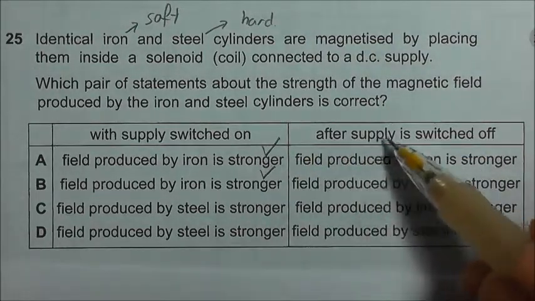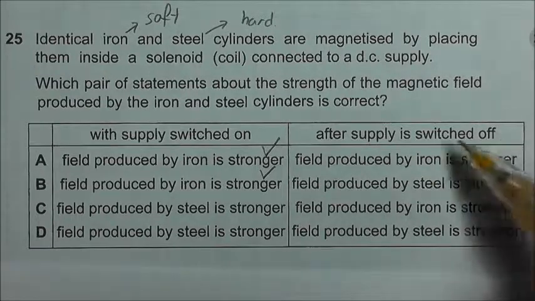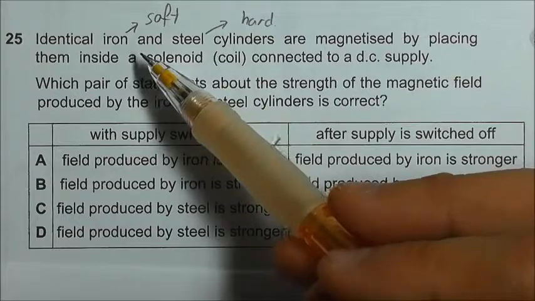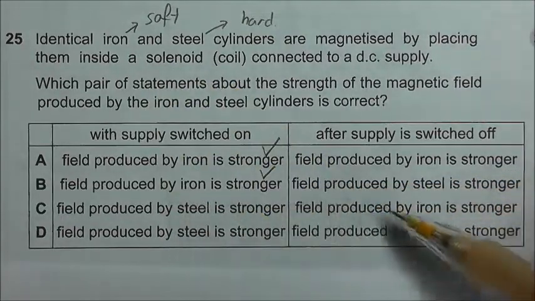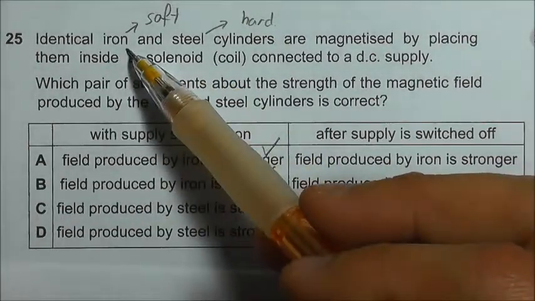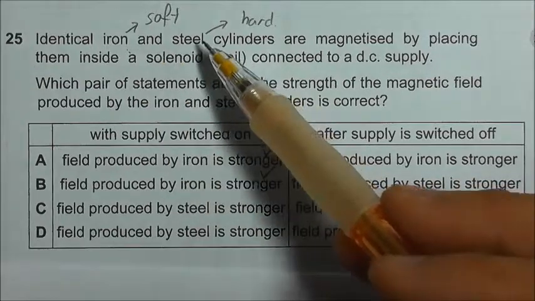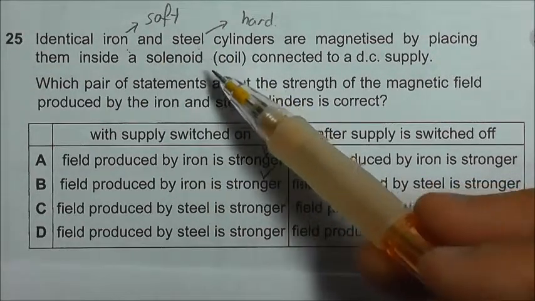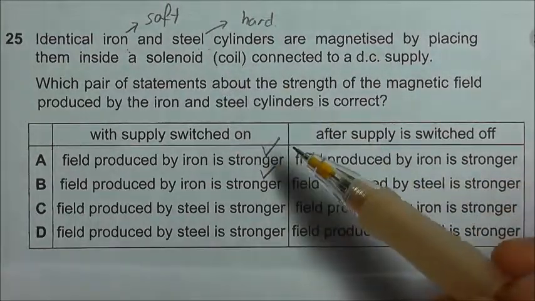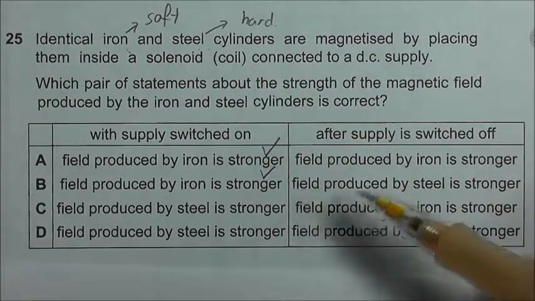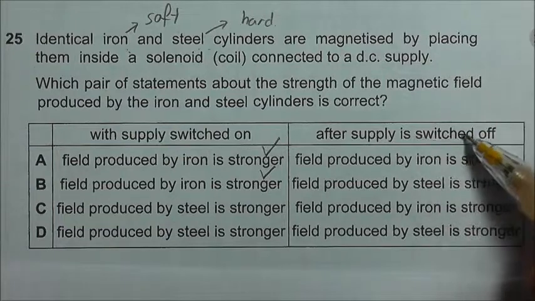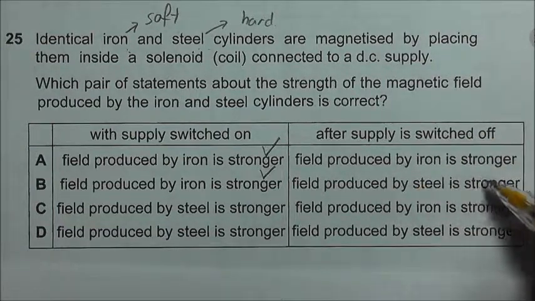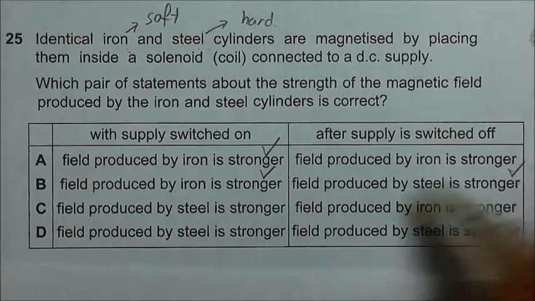Then after the supply is being switched off, iron being a soft magnetic material will lose its magnetism immediately because it's very easy to demagnetize. Whereas steel being a hard magnetic material is difficult to demagnetize, so it will still retain some of its magnetism. So after the supply is being switched off, the field produced by the steel will be stronger. Answer: